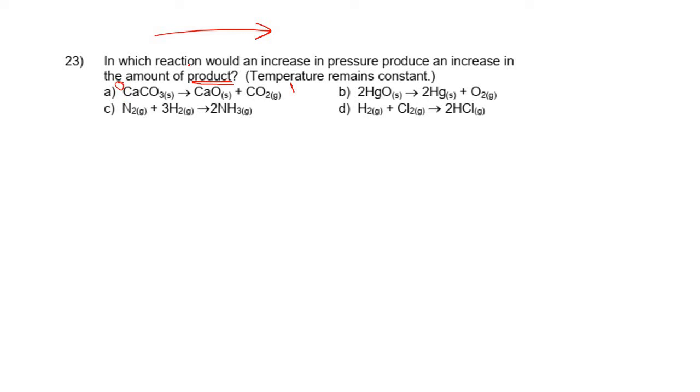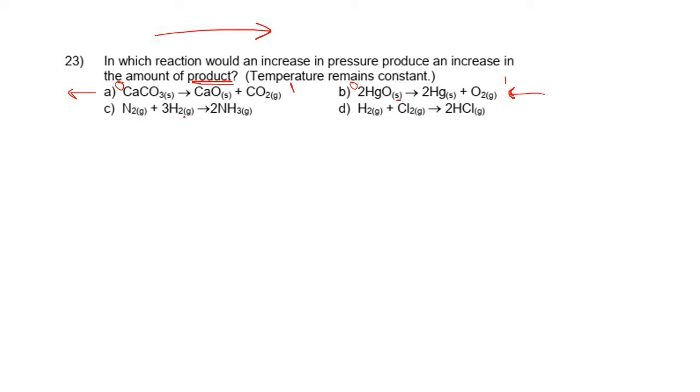So if we increase the pressure, this is going to result in a left shift, away from what's added. So we're going to shift left and go to the side with less gas molecules. So let's go to B, solid. So that's 0 moles of gas on the left, 1 mole of gas on the right. So same as A, we're going to shift left when the pressure's increased.